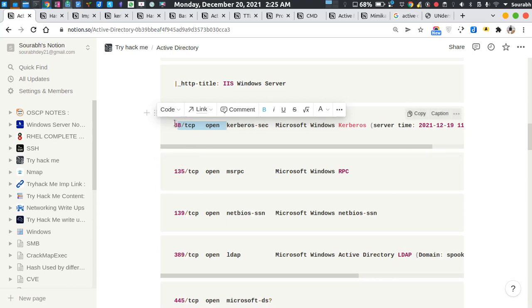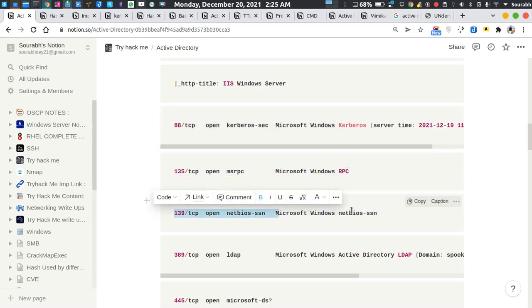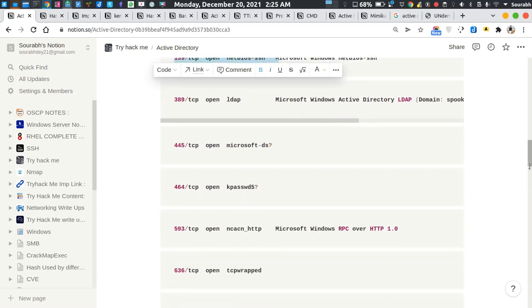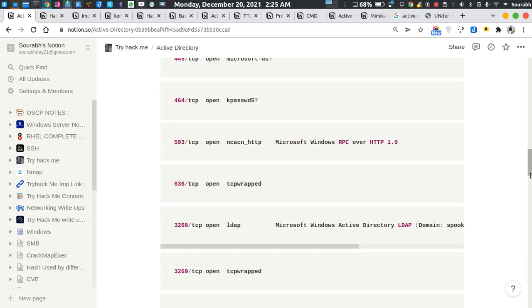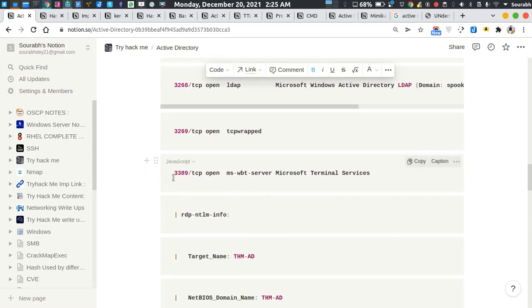And if you don't find port 88 TCP open, then you can use 135 TCP and 139 TCP open, which also signifies that it is the Active Directory one. Okay, so 445 is open, 464 is open, 636 is also open. It's called TCP wrapped.